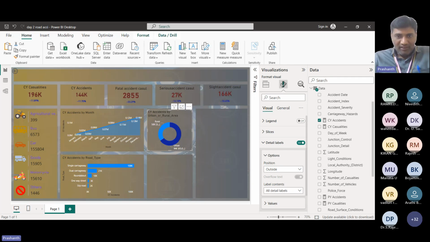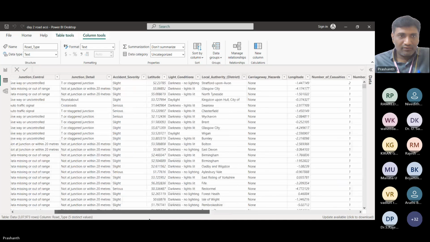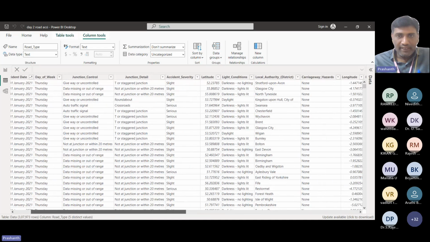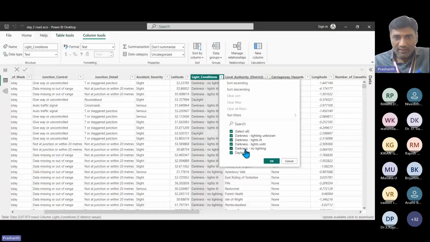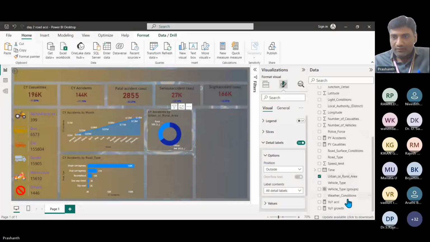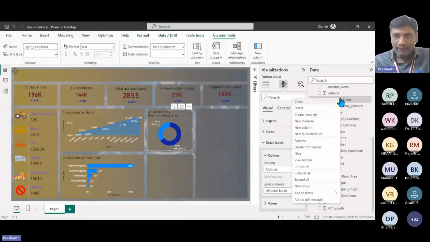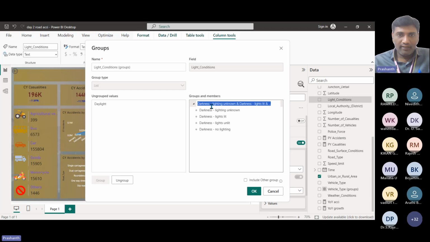Similarly, the other one is by day and night conditions. I don't remember the column name. Yeah, it is light condition. And you see how many are there? There are darkness, all. See, there are in fact two types. One is daylight. The remaining four are dark. So as we did with the vehicle type, we will again group the data on light conditions. I'll go with light conditions, right click, and group the data. Yeah, 1, 2, 3, and 4. I will group it and I will call it as